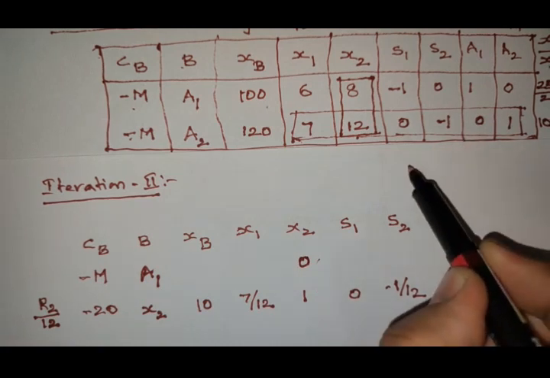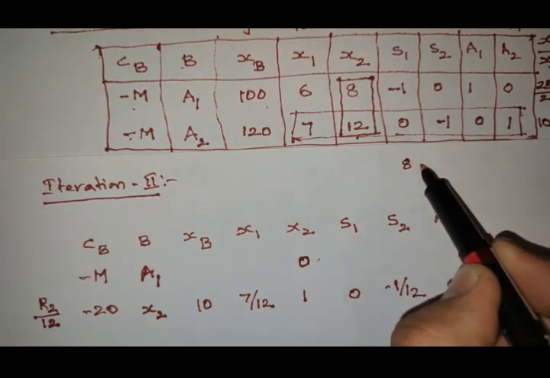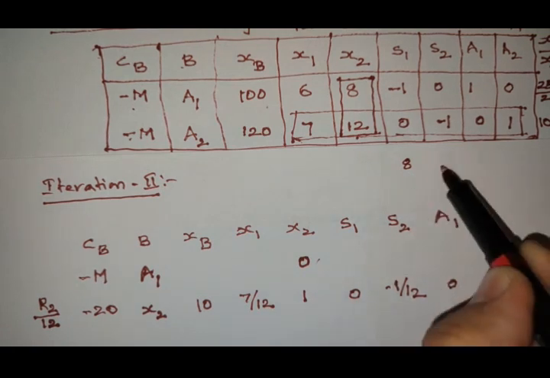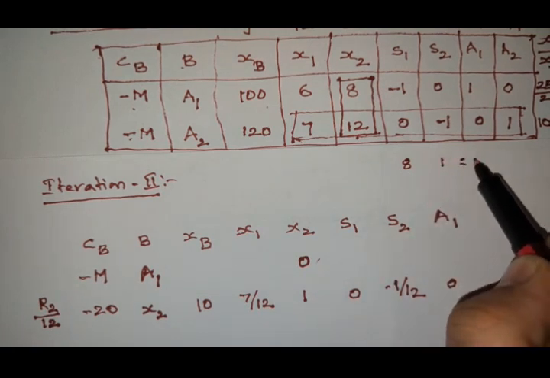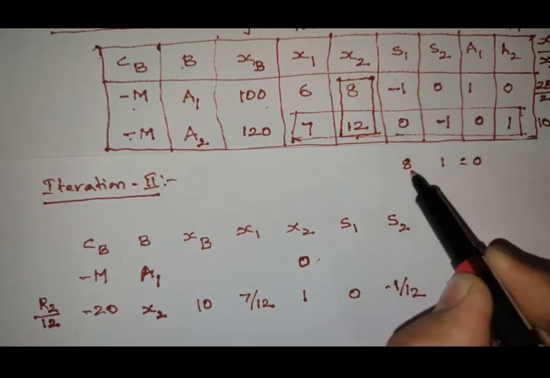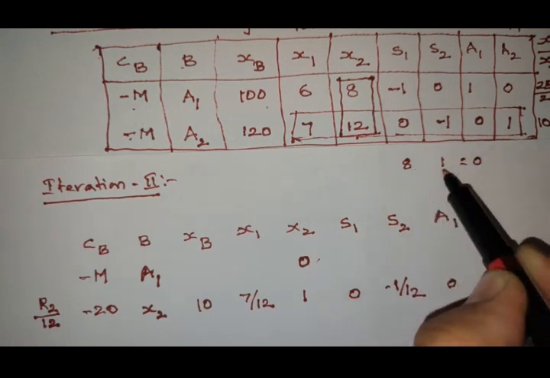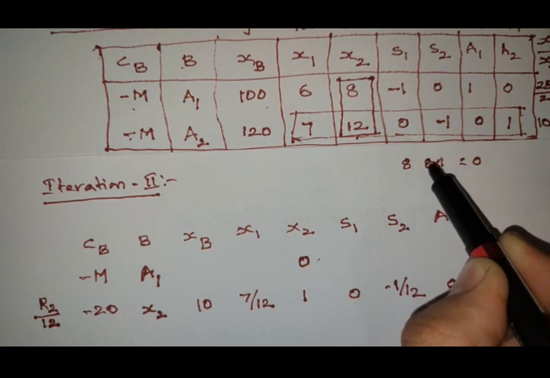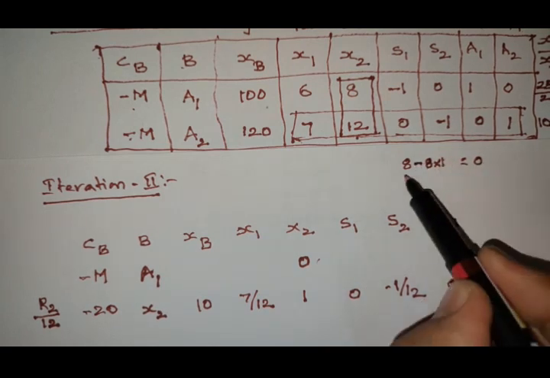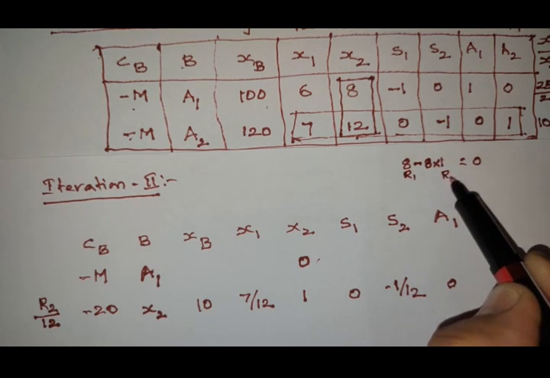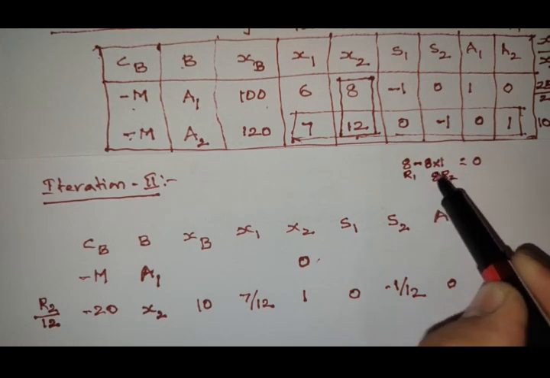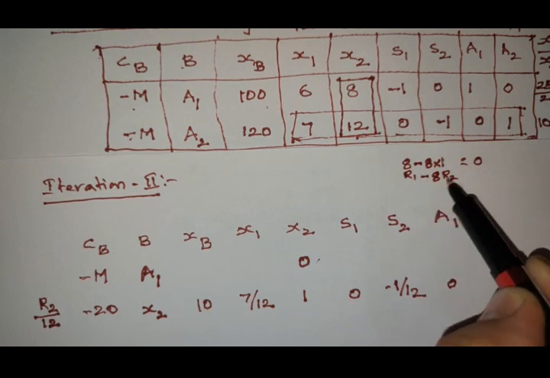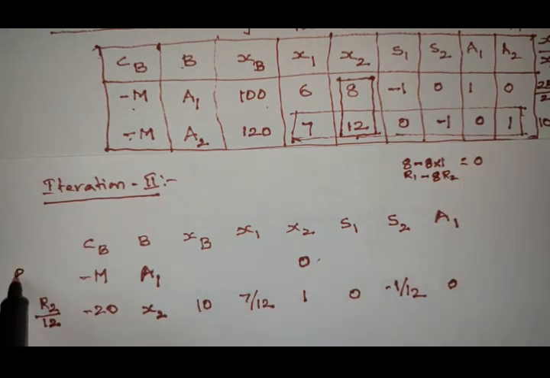So what to write? Here I am having 8. I need 0, and here I am having 1, but I should get 0. So to this, don't do any multiplication or division. We need to do anything for this value only. So I am multiplying this by 8 and making it minus. So that means this is R1, this one is R2, multiplying with 8 minus. So R1 minus 8R2. Then what will it become?